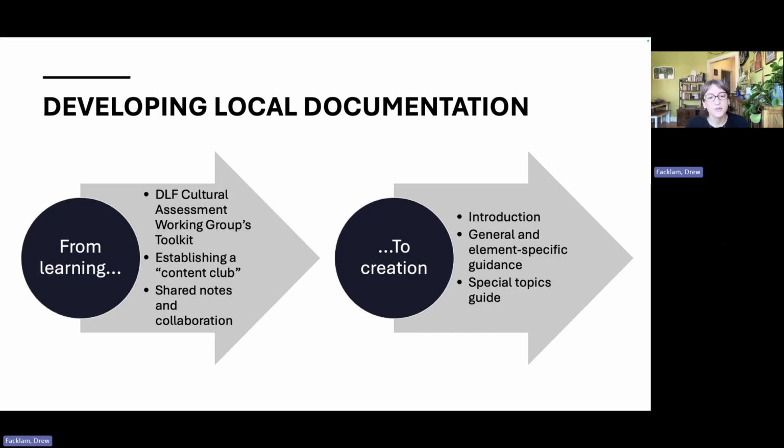It also links to other resources related to this project work to introduce people to the constellation of available local and institutional documents, and provides guidance on collaboration, intentional practice, and self-care while conducting this work. Our second main document is an element or general and element-specific cataloging guidance. This is the most practical application and involves instructions that can be used as regular reference for daily metadata